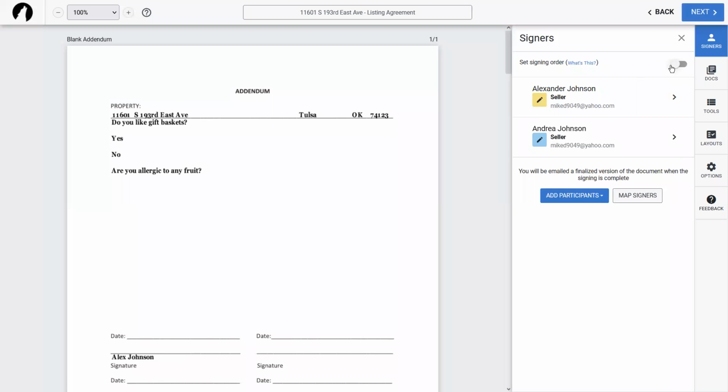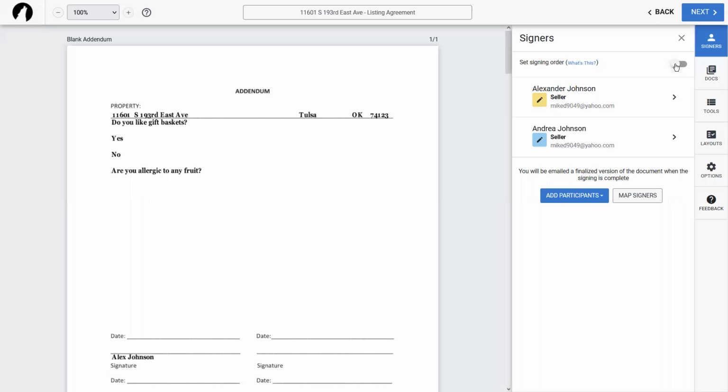Now, previously we had a whole separate option to go between sign in line and just the simul sign, I think is what the name was. So sign in line allowed us to make sure that if we had somebody that needed to sign first, they would be the first one to get it, and then no one else would receive the signing process until after they had finished their signing, and the next person had finished theirs, the next person, so on and so forth.